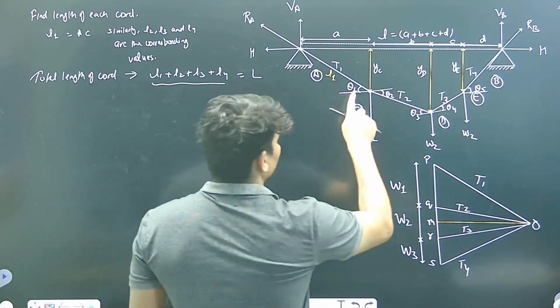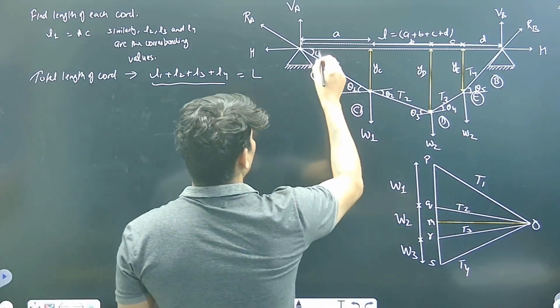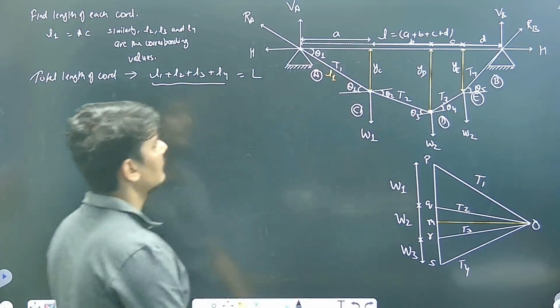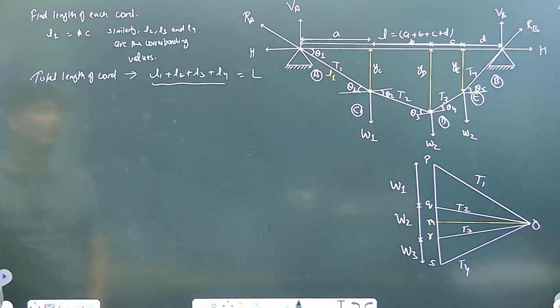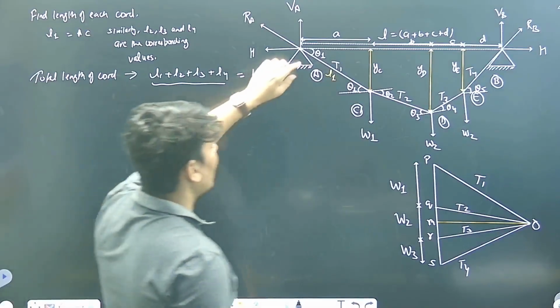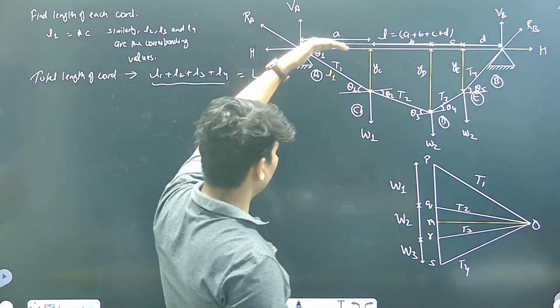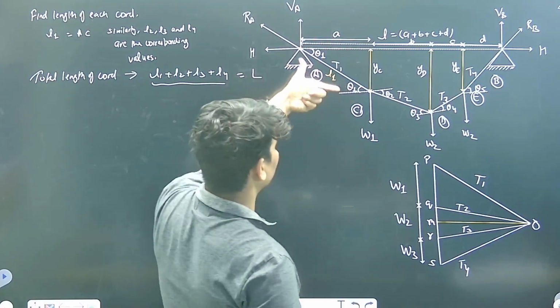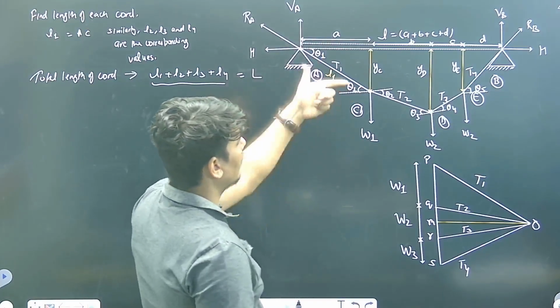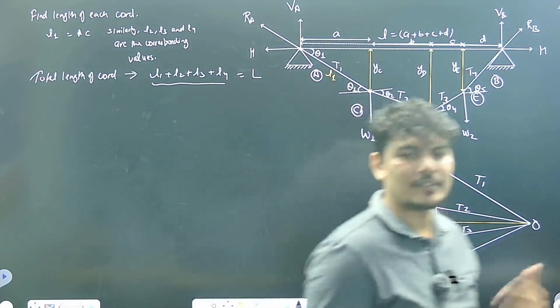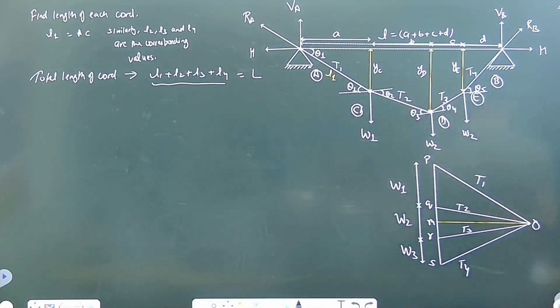So if this is θ1, so this is also θ1, interior angles, right? So I have the base, and I need this length 1, L1। तो फिर से क्या हम ट्रिग्नोमेट्री के फॉर्मूले लगा लें यहाँ पे,